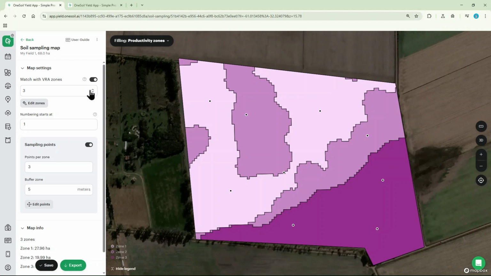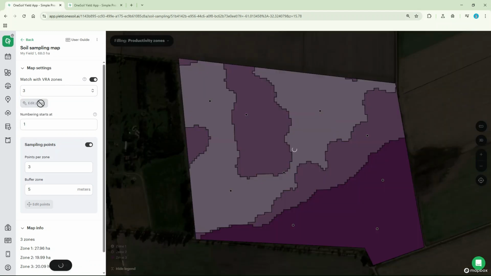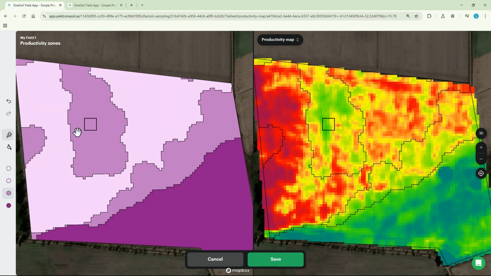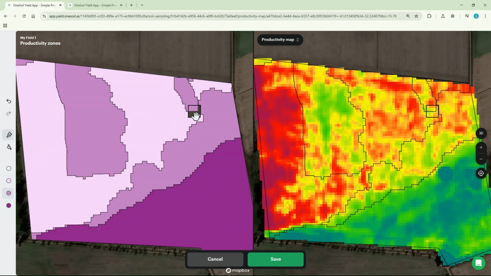As shown on the screen, you can make maps with 3, 5, or 7 zones, or choose your own number. No matter how many zones you pick, you can change them manually using the brush and geometry fill tools. You can edit any zone or draw new ones from the beginning, any shape, any size, anywhere.